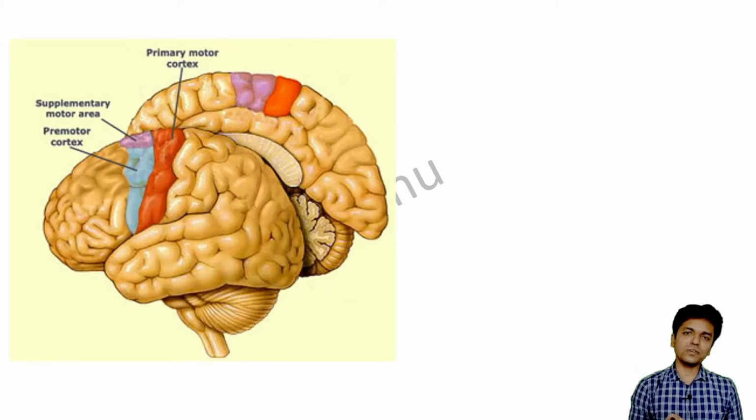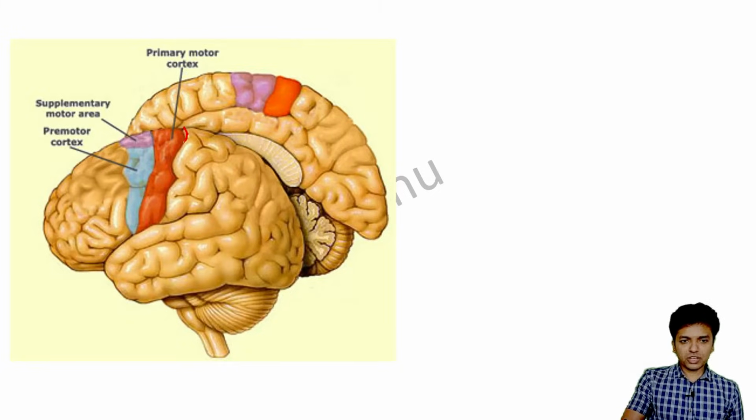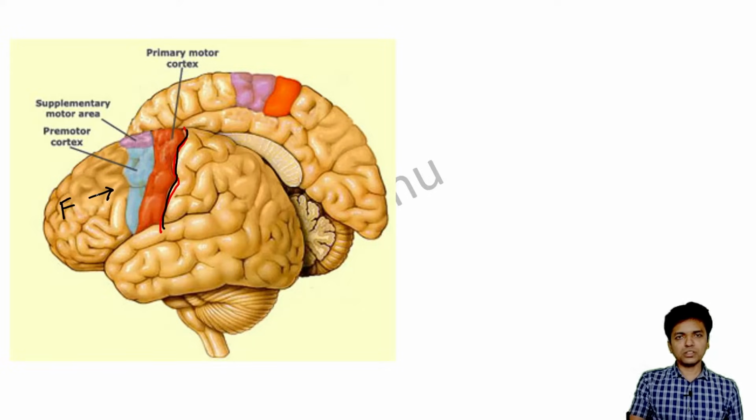Next, let me also tell you regarding the areas, that is the motor cortex and the somatosensory cortex. So where is the motor cortex? If someone asks you where the motor cortex is located, what are you going to tell? The motor cortex is located in front of this sulcus. What is that sulcus? That sulcus is nothing but the central sulcus. Okay, I'm going to draw that again. See, this is the central sulcus. The area which is located in front of the central sulcus and which is occupying the posterior 1/3 of the frontal lobe is called the motor cortex.